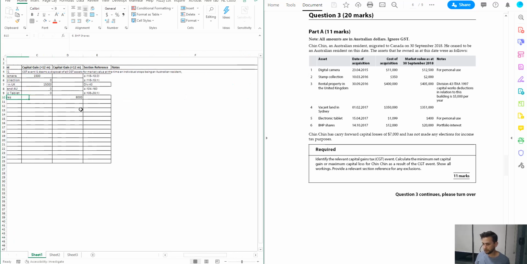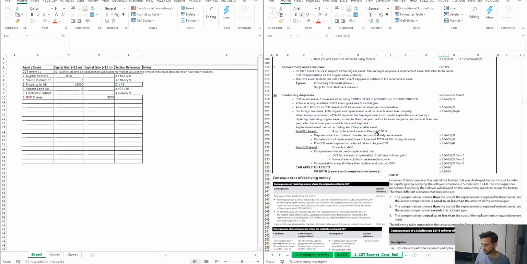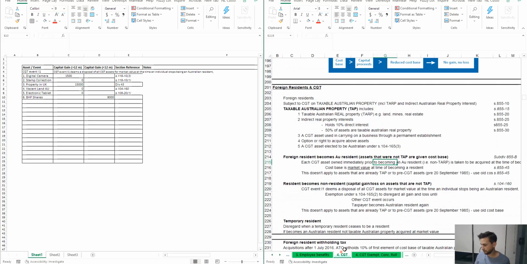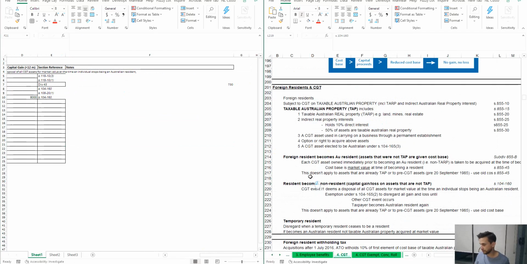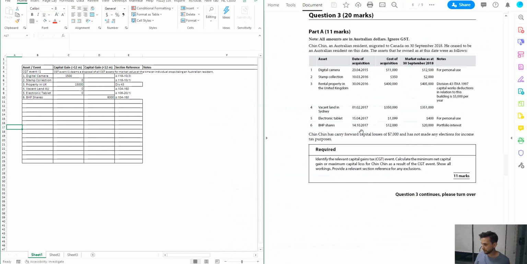So there's no particular section reference for this. You could potentially just reference the general section 6014-60, which is just resident becomes non-resident. Okay, so the final step is they've also got down here, so Chinchin's got a carried forward capital loss of